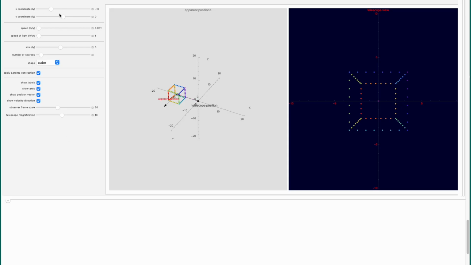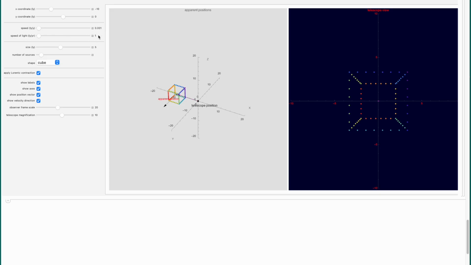We can control the position of the object of interest, which in this case is a cube. You can control its speed. We can control, in this simulation environment, something we cannot do in reality, which is the speed of light. We can actually change it, but we've set it to 1.